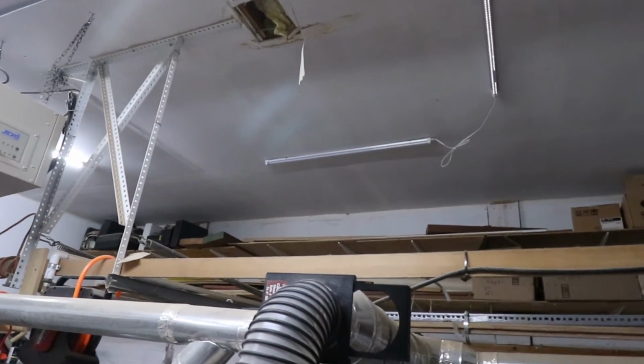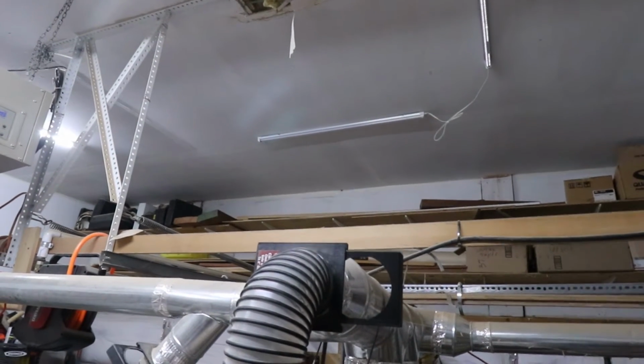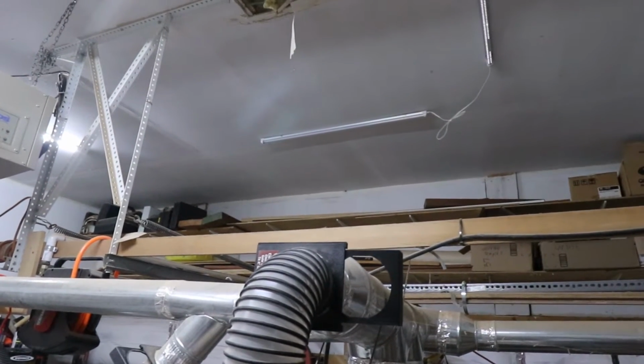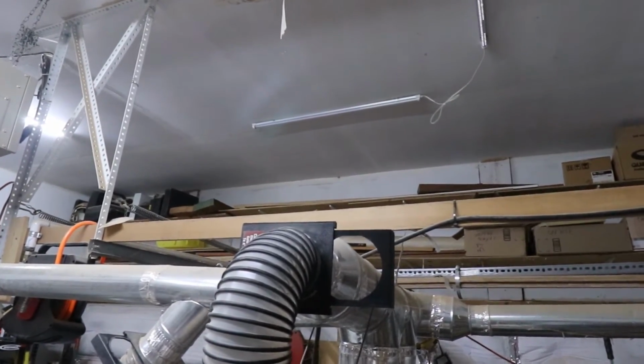So after that email exchange, I came back into my shop another day later and found this. A third one has gone out. Instead of spending the money to buy a whole new set, I said, can I buy 3? The third one's gone out. What's going on here? I really want to buy new ones or have you give me new ones. The next email I got says, we're terribly sorry about this inconvenience with your lights,